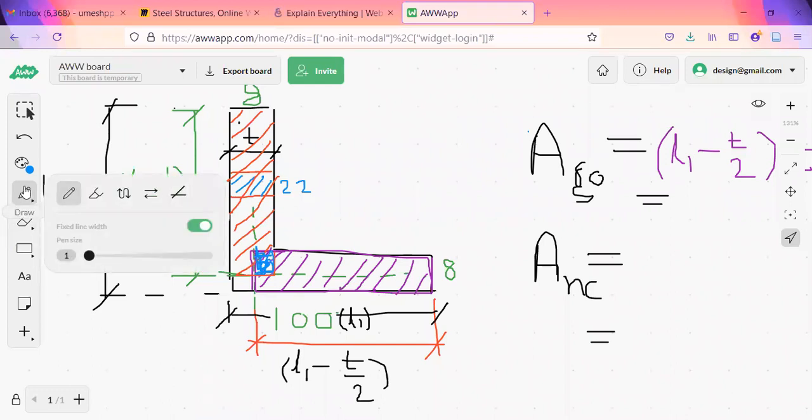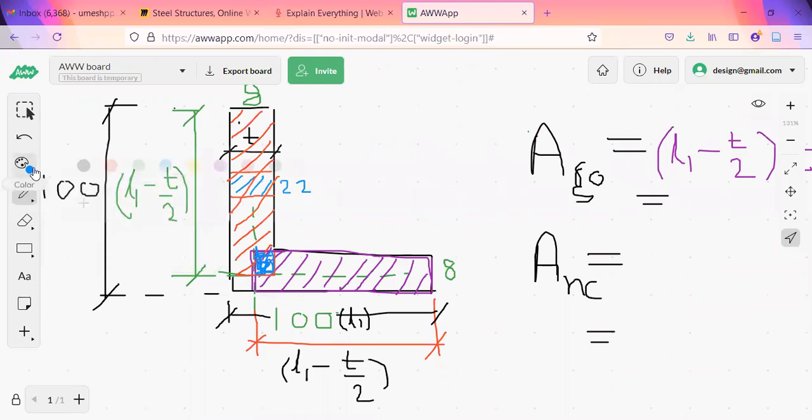Because I calculated one rectangle, I'll just show that one. Firstly, I calculated the horizontal rectangle. See, I'll just show that one again. Which was that? First rectangle was 1. I'll write 1 here, 2 here, 3 here, 4 here. This is rectangle 1, which I have taken as the gross area of the connected leg. 1, 2, 3, 4. You agree for that?